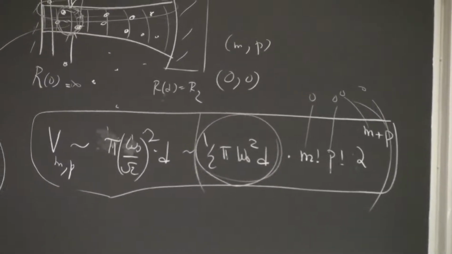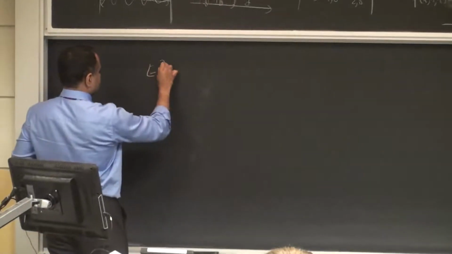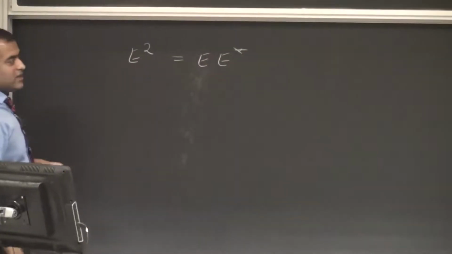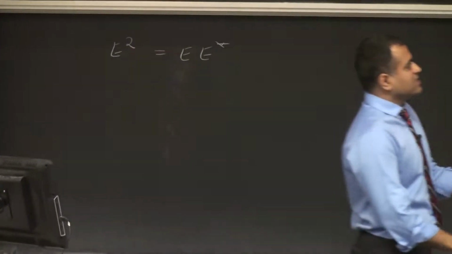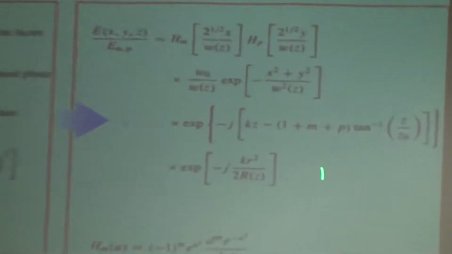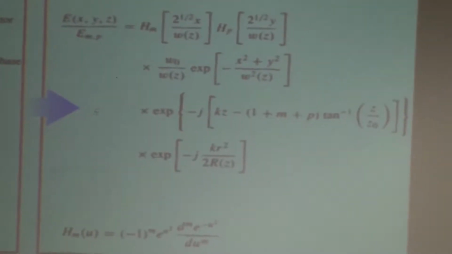I think you know that the atoms in the cavity will interact not with the electric field, but the electric field squared. So the way we write this out is electric field squared is equal to E star E, right? And what did we do in our analysis here? We wrote down a big expression for the electric field. Take its complex conjugate, and all your exponentials, complex things just go out the window, they're 1. You're left with only the real parts, this one and the Hermite polynomials. Take the absolute square, integrate, and you have beautiful results of orthogonality and all that with Hermite polynomials.